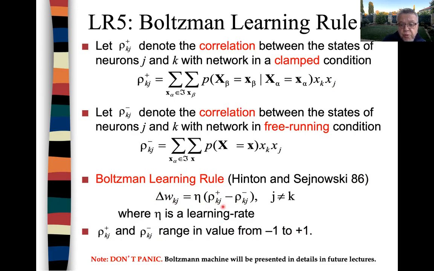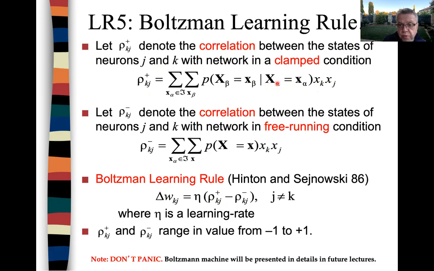So what is this rho plus? The rho plus denotes the correlation between the states of neuron J and neuron K, with the network being in a clamped condition. So this is the product of the states multiplied by the probability that you are in a clamped condition,